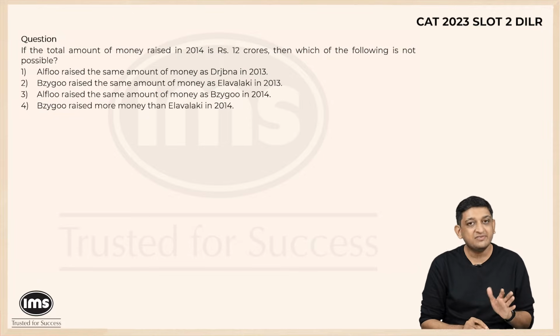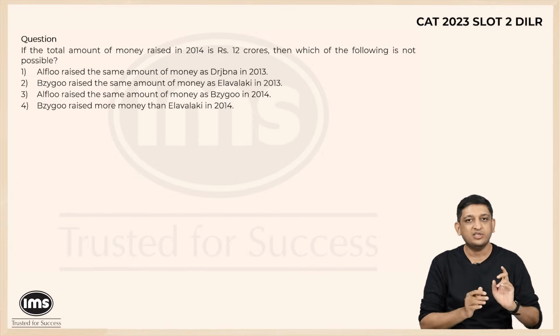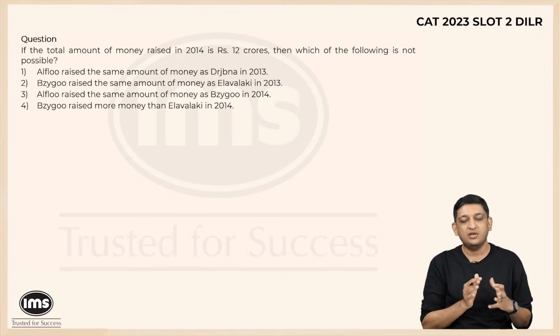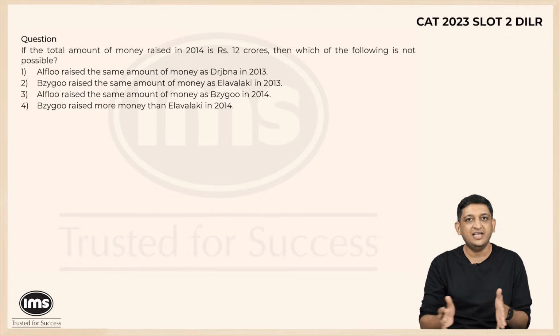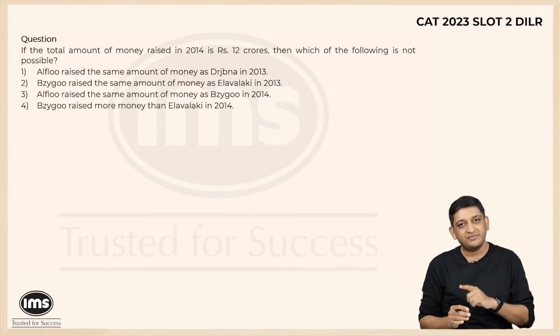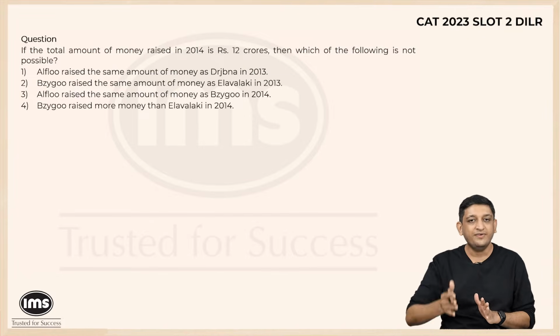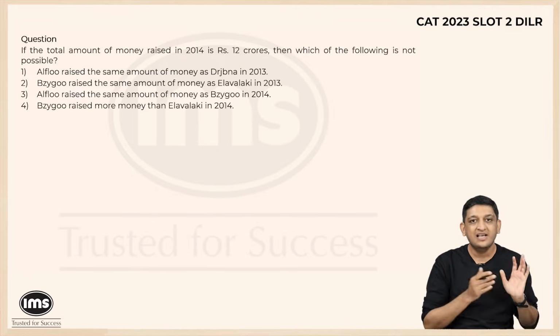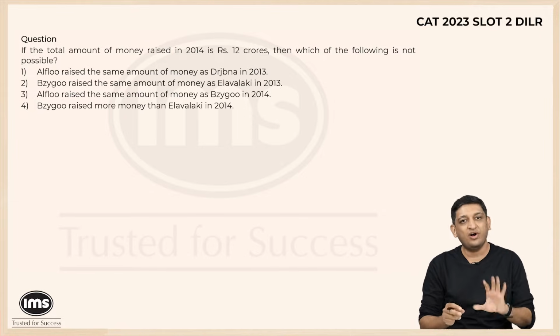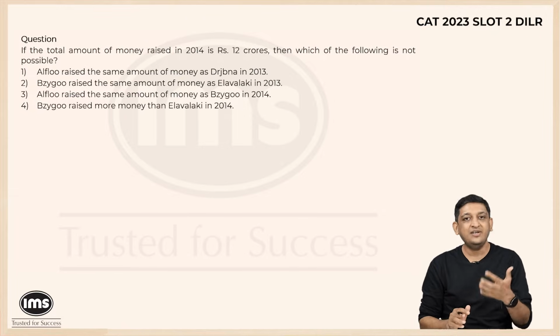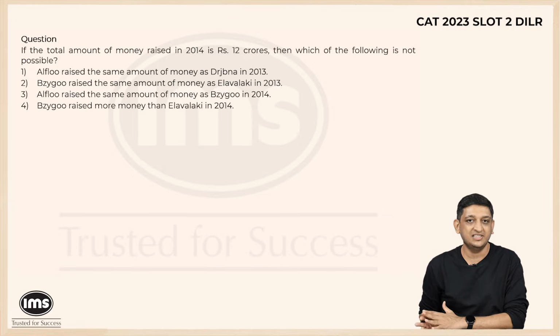Now, all these things tell us that this question will be slightly heavy in terms of the possibilities that exist. You will have to do a lot of trial and error to come up with a table which will tell you all the possibilities that exist. On the basis of that, you will most probably be able to figure out the last year of existence for most of the companies. There will be 2 or 3 cases involved for A and E, and on the basis of that, you will be able to answer these questions, right?